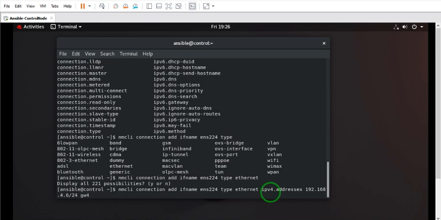Now gw is the gateway, and you can mention your gateway here itself, or you can mention your gateway somewhere else. We'll look into that later. So this is my gateway. Now what I'm doing, I'm using an nmcli command to make a new connection, and I'm using the new interface which I added to the machine. And the type I'm going to select is Ethernet, and I'm actually giving an IP address to this interface, that is